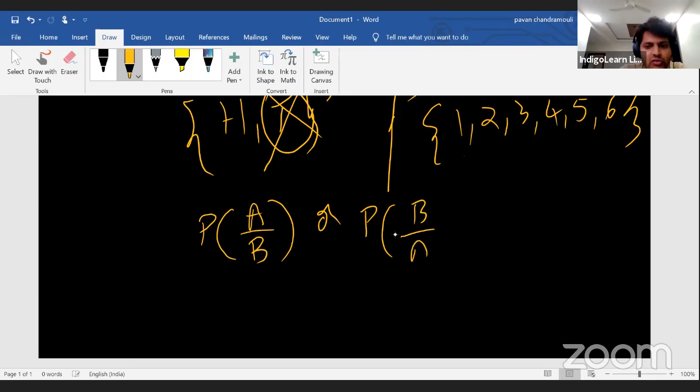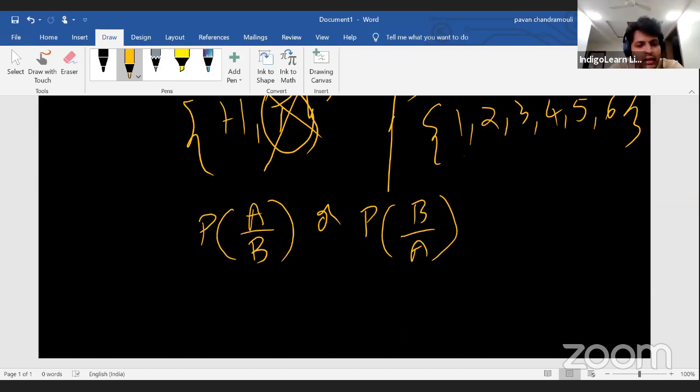So someone asked me, sir, what does this mean? Why are such complex things coming in probability, which is very easy? I'll say, boss, even P of A by B or P of B by A is very easy. We just have to understand the notation. Now, what does A by B mean? I can't have two things in the same brackets. If you say, yes, I also agree with you, but it's very easy to understand. Please remember, in the brackets, I have two alphabets, A and B.